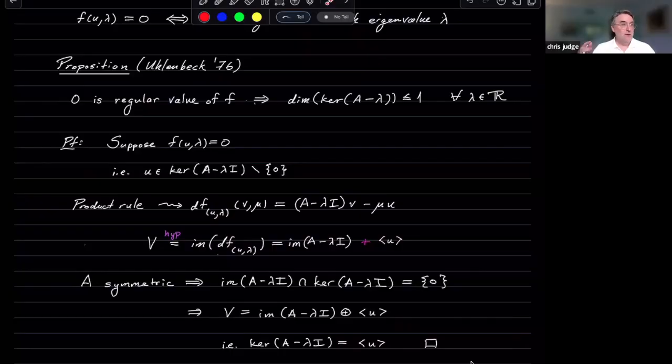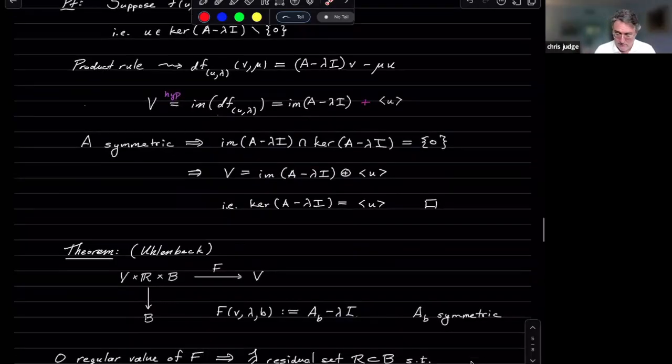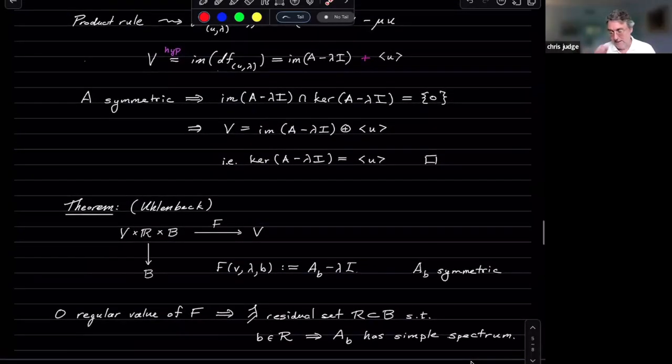theorem says, okay, well, maybe for a particular A, this is not going to be simple, but if I take a family of A's, then I have a chance. In fact, I should see a residual set, and this is basically a cartoon of Uhlenbeck's theorem. We set this map f of v, lambda, b to be AB minus lambda I. So now I'm allowing for parameters b,